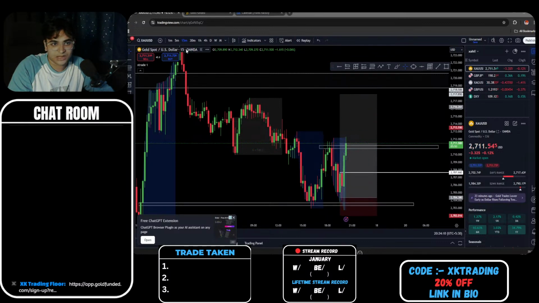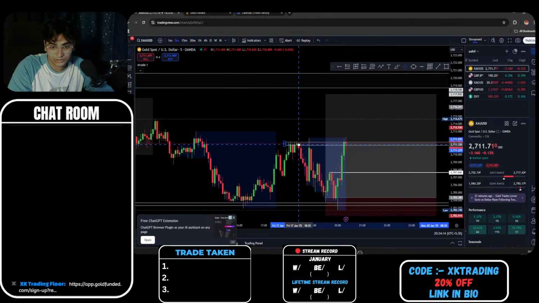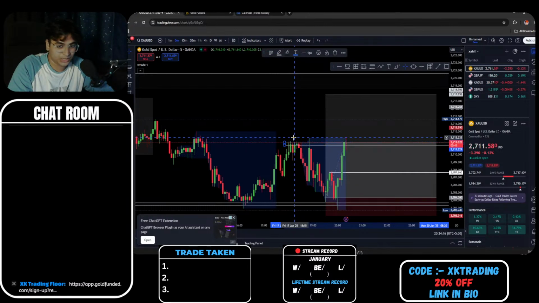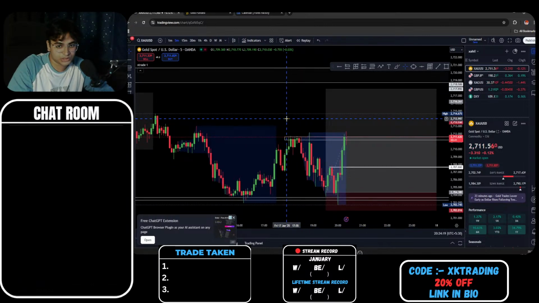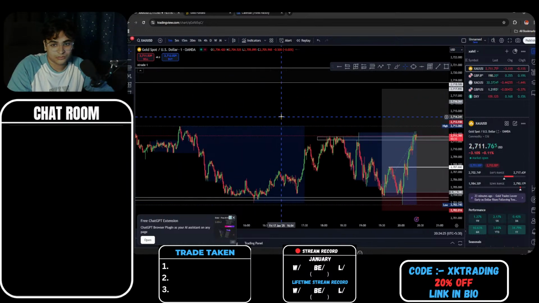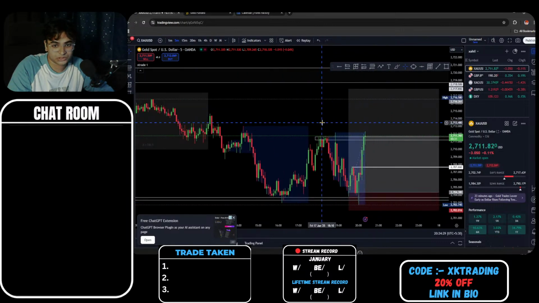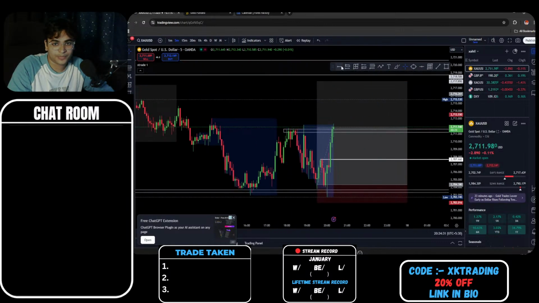All we need is this 5-minute closure above the structure. We already got that, to be honest. Oh, it is at the peak, so it's not a proper breakout structure yet. But I think on a 1-minute it is. Okay, yeah, on the 1-minute time frame it is a proper breakout structure. But for us to continue moving forward, we need a 5-minute closure above the structure. And once we do that, then there's a high probability we will still tap here, then move up.